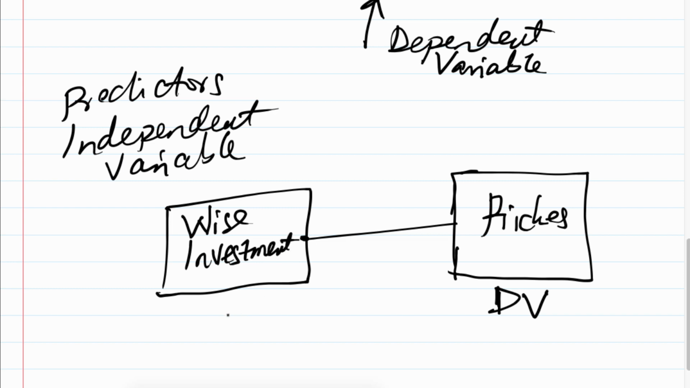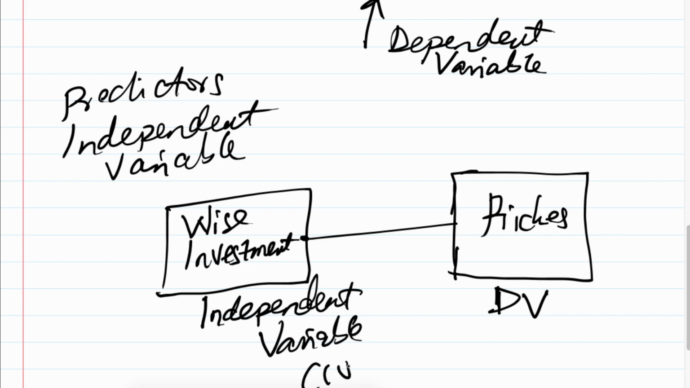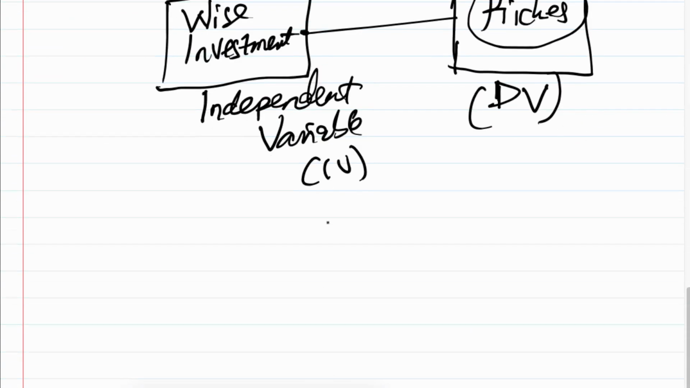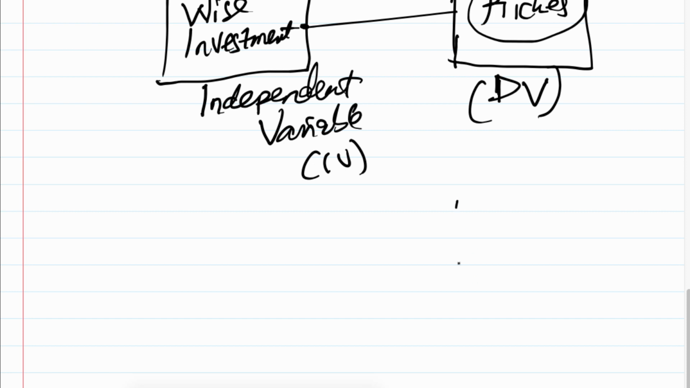So this wise investment, it means that the riches of this country depends on their wise investment. So this one is called the independent variable, which is IV. Or this one is called DV. What regression is coming to do here is that we want to trace these riches back to wise investment. The same thing, maybe in the case of Ghana, you find that